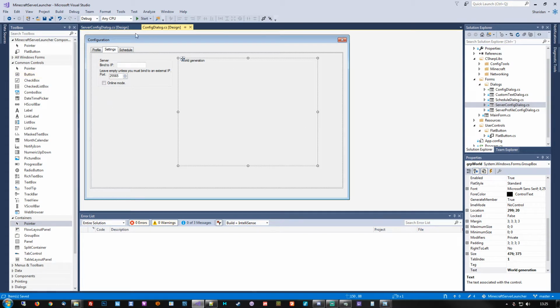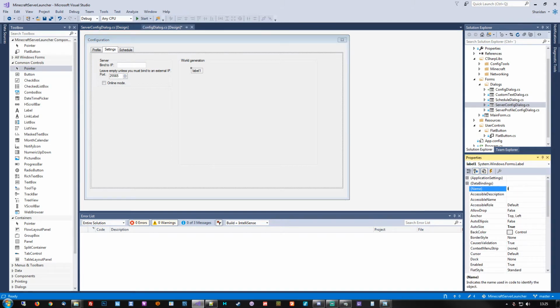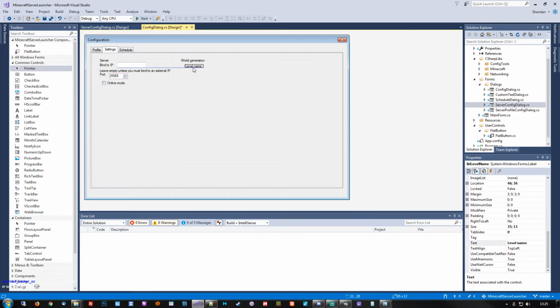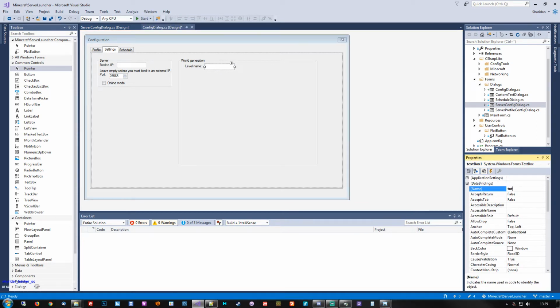Alright. Let's get some stuff in here. Level name. Alrighty. Like so, and a text box for it. Here, level name,